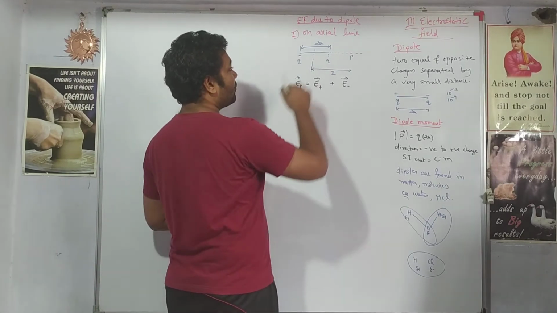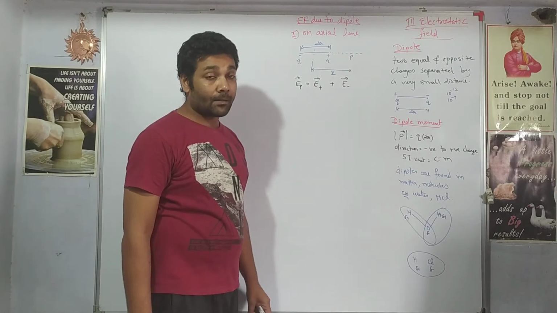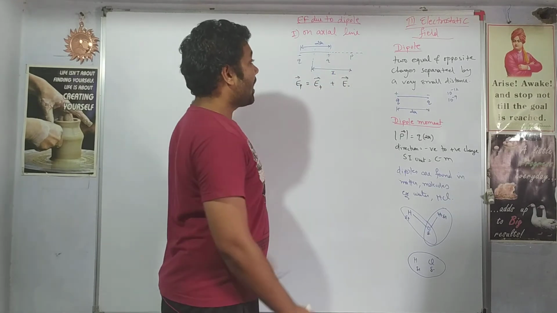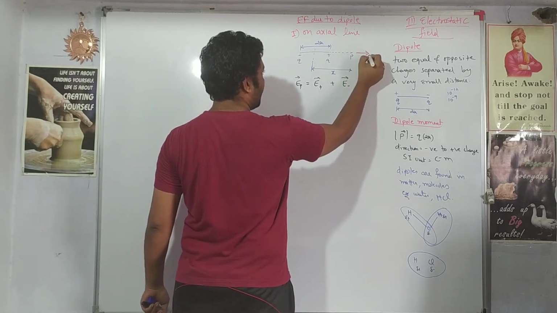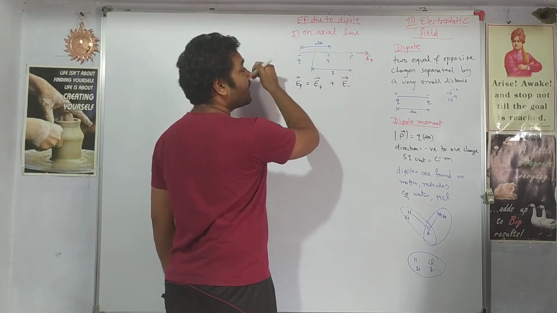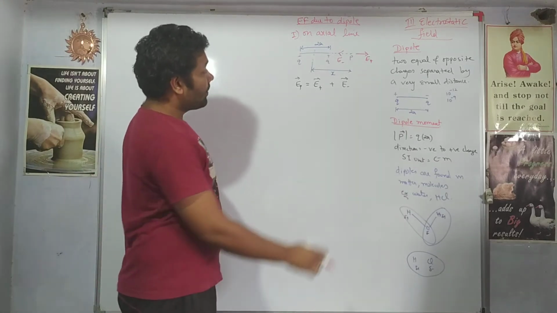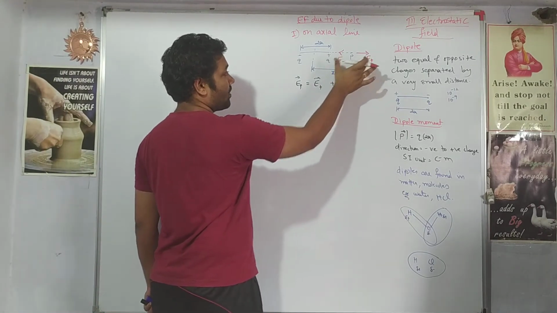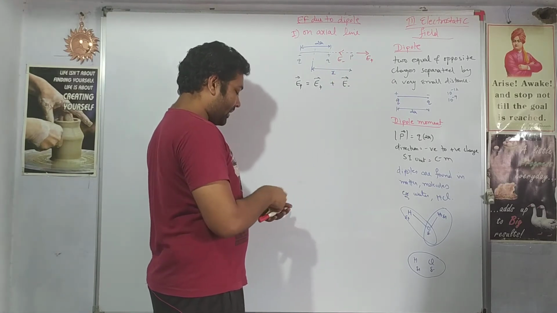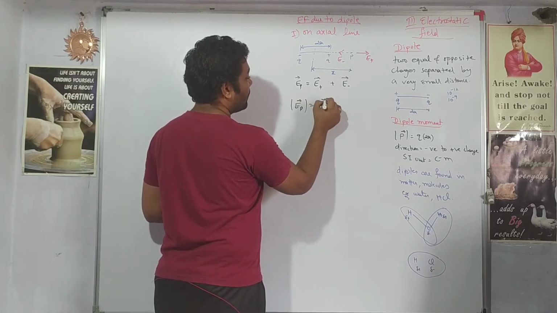So if we inspect the direction, we know that due to positive charge, the electric field is directed radially outward. So due to this positive charge, the electric field will be in this direction. And for the negative charge, the electric field is directed inward, so it is radially inward. Now if we see here, both these vectors are collinear, acting on the same line. So ultimately, how will we get the magnitude? The magnitude of these vectors will be obtained by doing a subtraction.